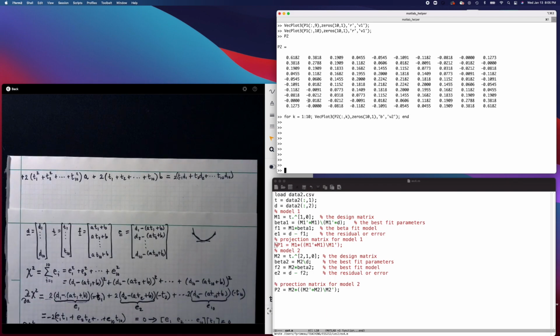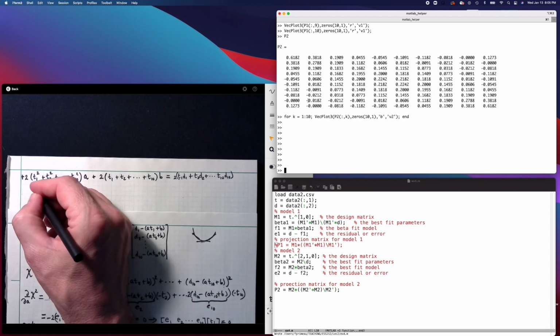And now we'll do the same thing for the second equation, the one involving the partial derivative with respect to b. And this time we'll have a minus 2. Well, let's write it out. So minus 2 times e1, so it's minus 2 times d1. That's on the right hand side. For a it is plus 2a times t1. So 2 times